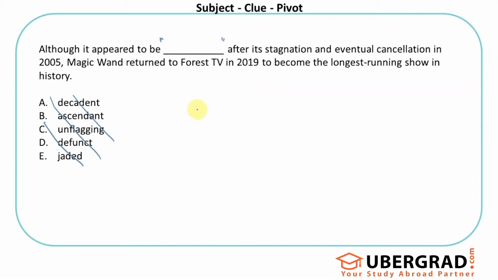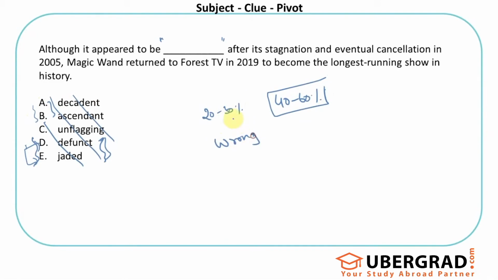What is the general observation that we see in the exams? Look at the number of people who get the question right when the correct answer is among the last options. That's the statistics that has been observed. If a question has option D or option E as the answer, 40 to 60% of the students get that question wrong, whereas when the first 2 options are the answer, maybe 20 to 30% of them get it wrong. The question difficulty is the same. If you test 2 groups, 100 students here and 100 students here, and we just juggle the options so that the right answer is at the bottom or at the top,